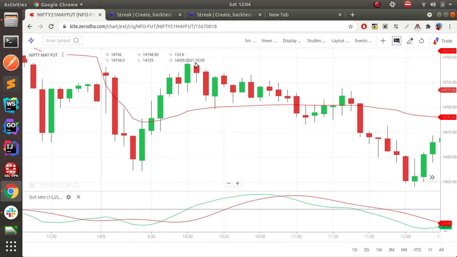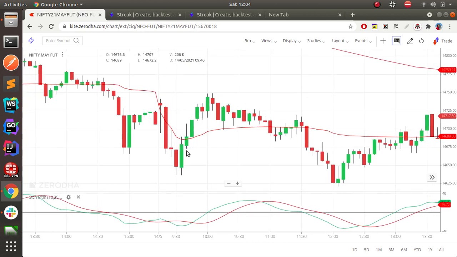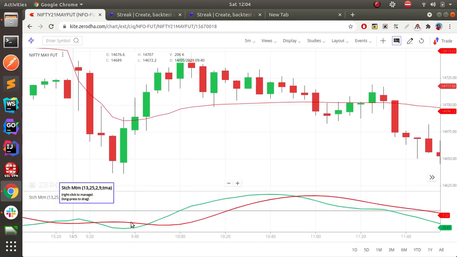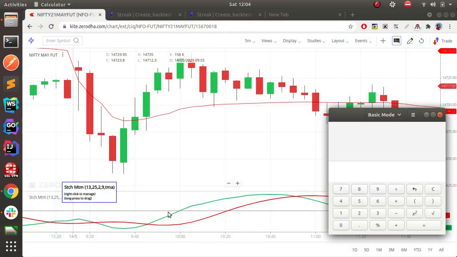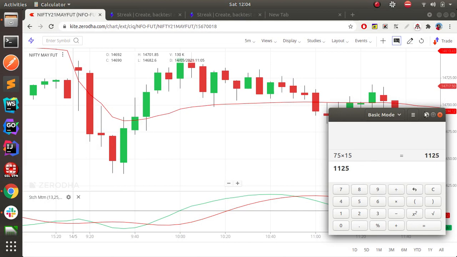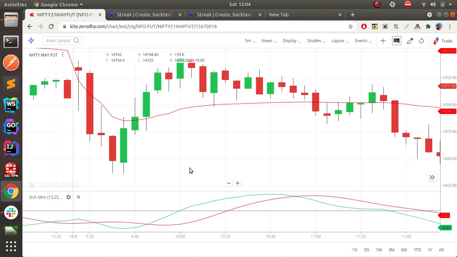If you see, this is on 14th, which is on Friday. Whenever the green line crosses the red one, it is an indication that the bulls are going to enter. So this is where we will buy, and after a few points, the target is very simple, around 15 points. Since this is Nifty, it has a 75 quantity lot, 75 into 15 is around 1000 rupees, we will target that and then close. Stop loss we will put at some 1% or so.